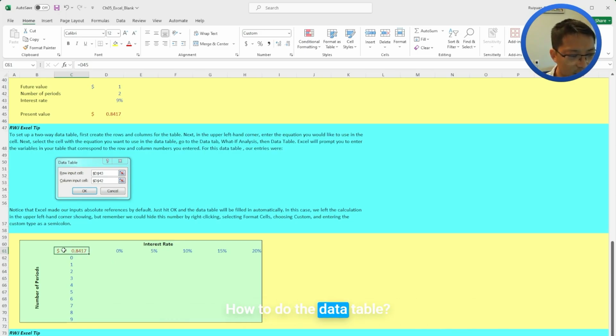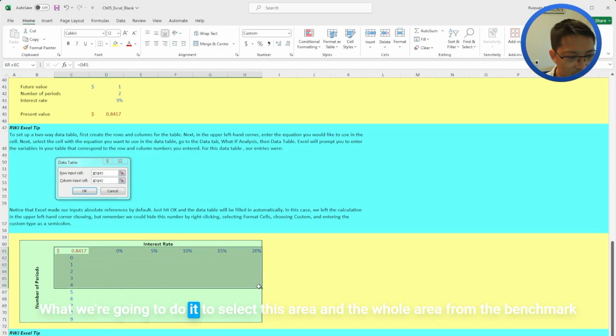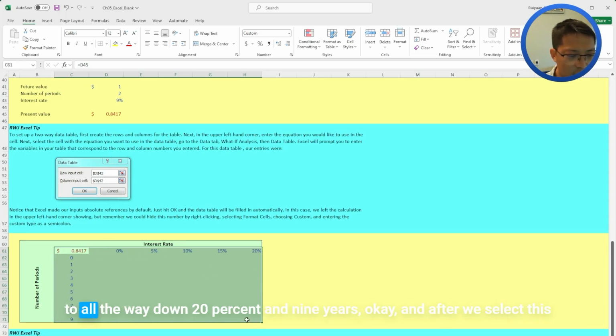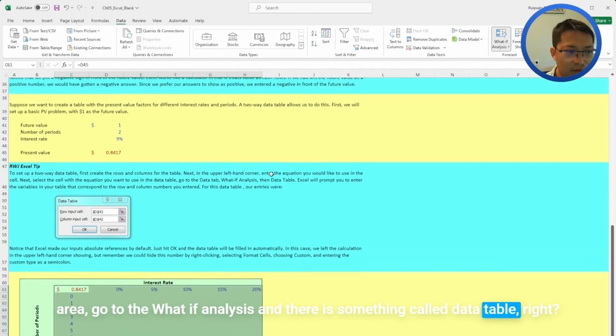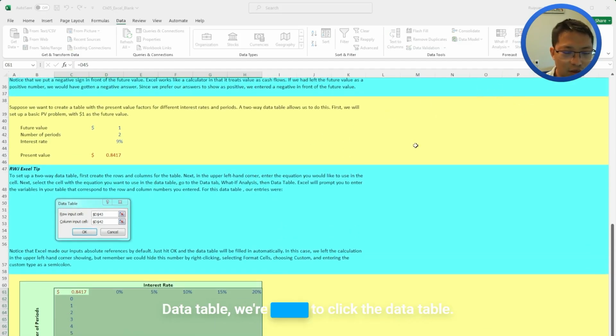And how do we do the data table? We select this area, the whole area from the benchmark all the way down to 20% and 9 years. After we select this area, go to What-If Analysis, and there's something called Data Table. We're going to click Data Table. Basically, we tell Excel